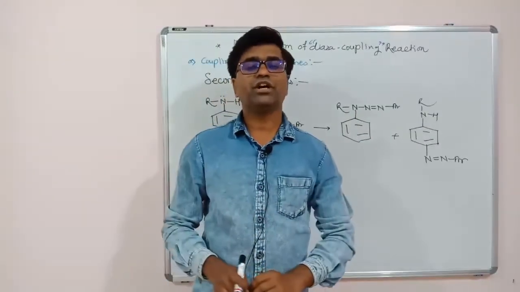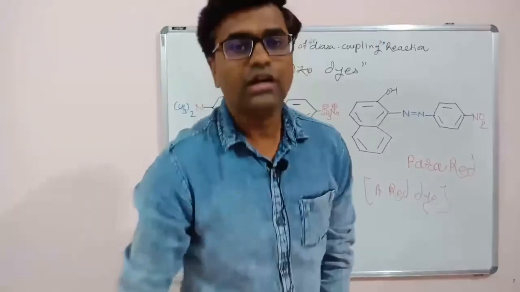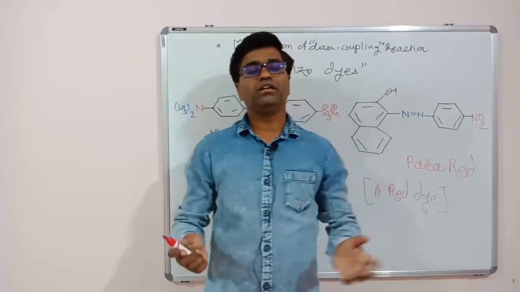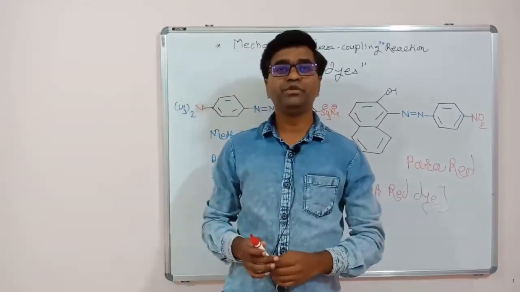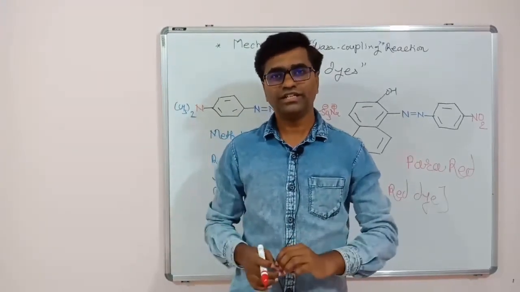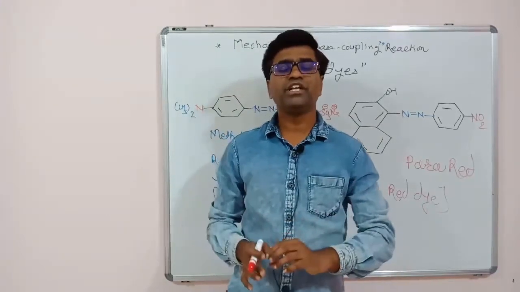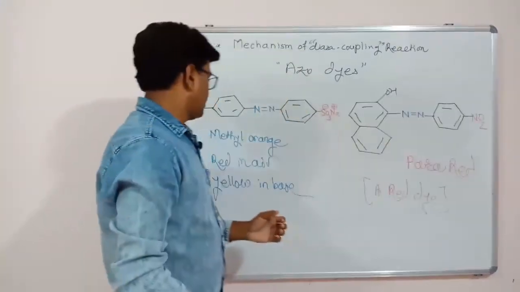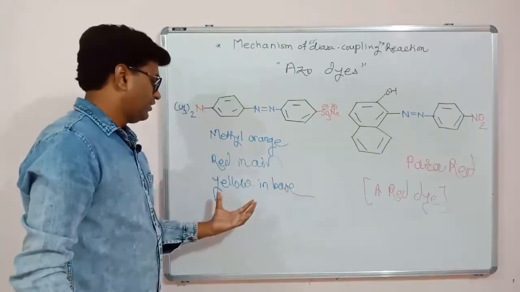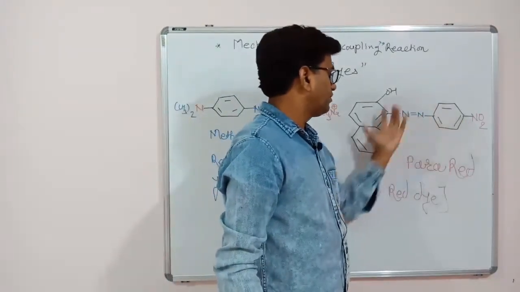Now we will see the applications of these azotization reactions or azo dyes. Friends, these azo dyes have intense colors like yellow, red, orange, green, blue dyes. So most of the industries are using these dyes as a color reagent. In our acid base titration also, we are using dyes like methyl orange. So see the structure of this methyl orange. It shows a red color in acidic medium, a yellow color in alkaline medium. This is the para red compound.